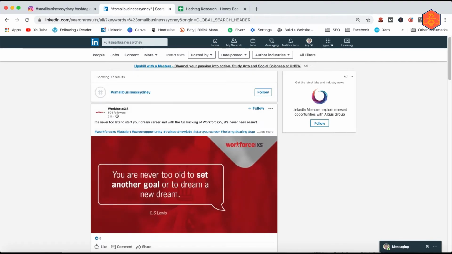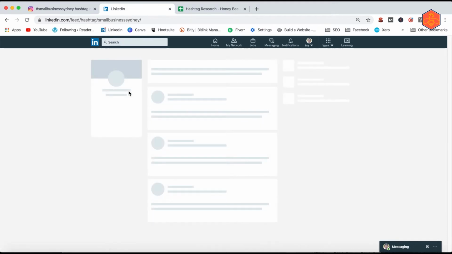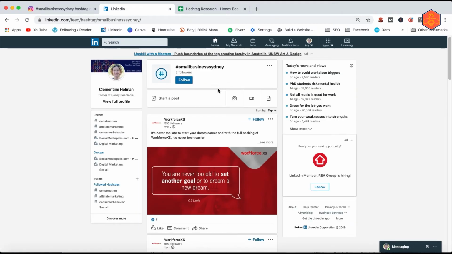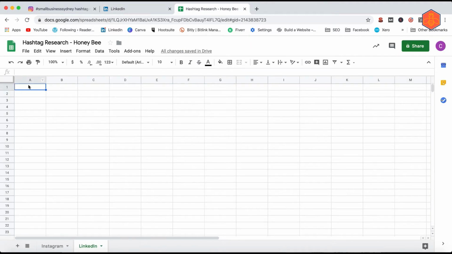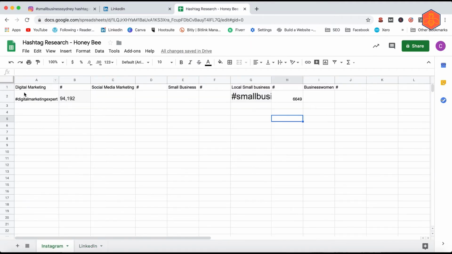And you'll see the result there when you click it is only 2 followers. So that is very, very niche, almost too niche. It hasn't really gained that much traction, but that's okay. If you want to go that highly niche, that's fine, but that only means that you're going to get that exposure to 2 people. So then again, you would do the exact same thing with the Instagram hashtag research